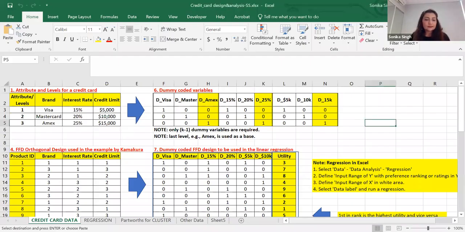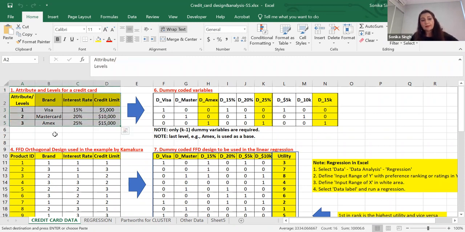All right, so this Excel file I've created as an example to demonstrate to you how the data that you're collecting through the survey will feed into further analysis. So this is an example of credit card data that you have seen before, and I think it's available in the project folder. So in this particular data,